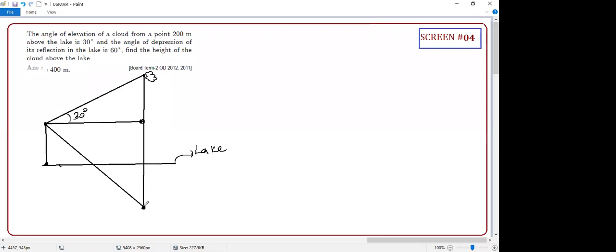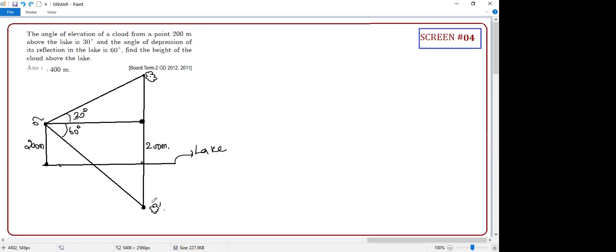So this is the cloud, and its reflection you can find here. And this is at which angle? 60 degrees. And what do you know, student? I know only this side. If you know this side, this is also 200 meters. Anyone having any doubts? The 60 degrees inside that triangle, right, sir? That small triangle. No, what's happening, Shivani? This is the place where the observer is. The observer looks at the cloud at 30 degrees.